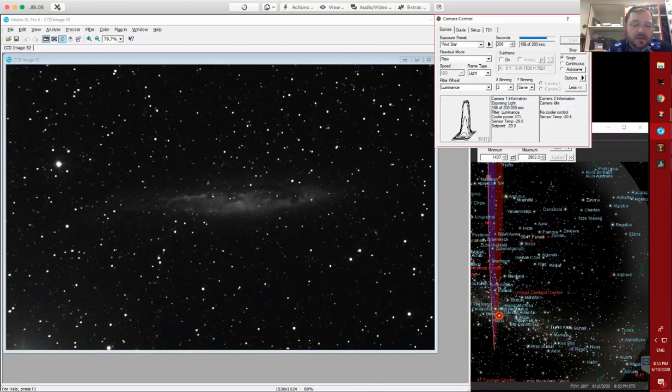Yeah, this galaxy is really interesting because it's part of this thing called the Council of Giants, which are these large galaxies that surround our local group of galaxies, and it's only, I think, 14 million light years away from us. So it's actually a very close by galaxy, and it is ripping. It has this huge amount of active outbursts of gas in the galaxy. It's a really interesting object. And we don't really see this object at all from our location. So this will be really, really nice to see